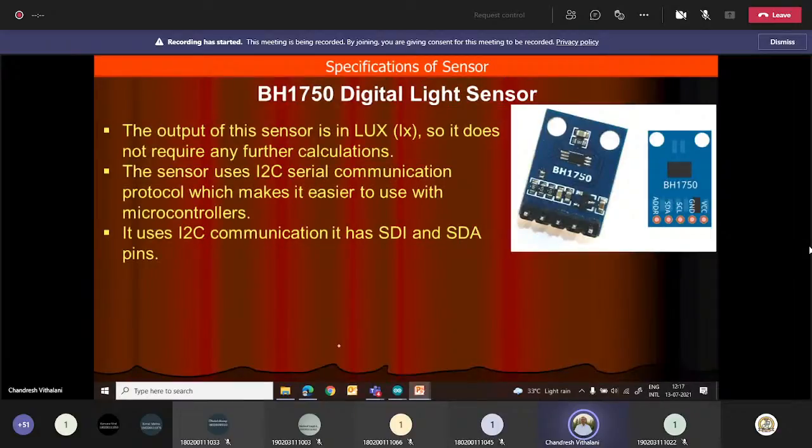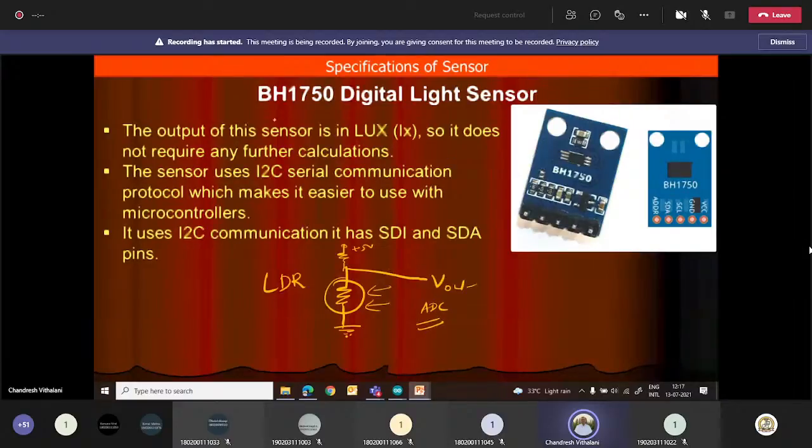Then all of you have already studied the LDR, light dependent resistor, which basically senses light, and based on the intensity of light it provides the output, right? The resistance will change. So if we bias like this, +5 V, then we get a variable voltage at the output, right? All of you have already studied the LDR. But here you require an ADC after this to convert that into a digital signal.